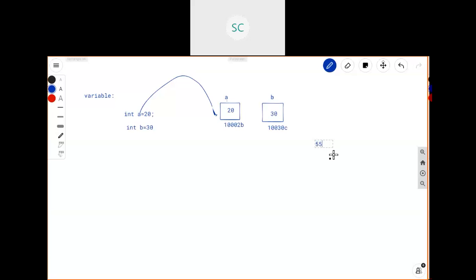I want to store all 55 students' marks in memory. What I need to do now is declare these 55 variables, right?